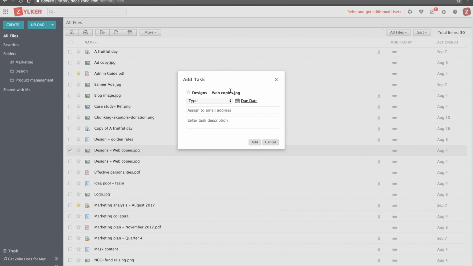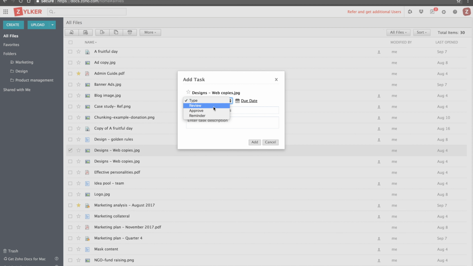Now in this dialog box, you see options to set a type of task. With this option, you will be able to set a task to someone else in your organization, any other colleague in your organization, to either review your file, to approve a file, or even to set a reminder to another person or even yourself.